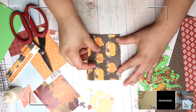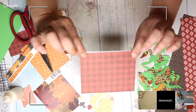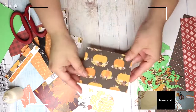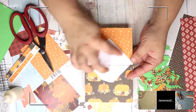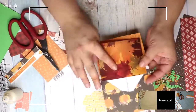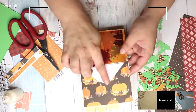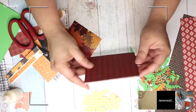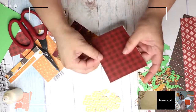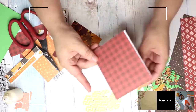All right. So here is the front of the memorydex, and then here's the back. And then this will flip up and here's your little pocket. So you can cover this up too if you wanted to, and then you could put your information here, in the pocket. But either way, I think we're good to decorate. And then that's your little memorydex. So when they punch it out, it will be...